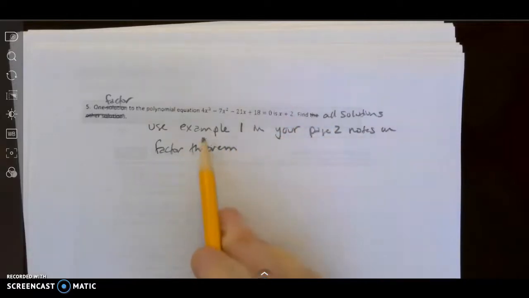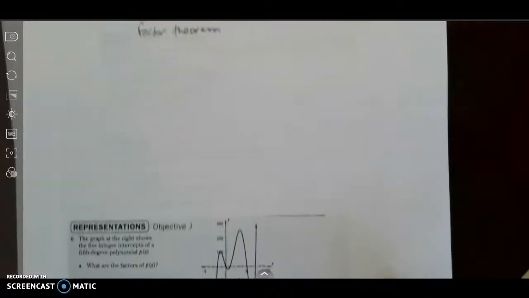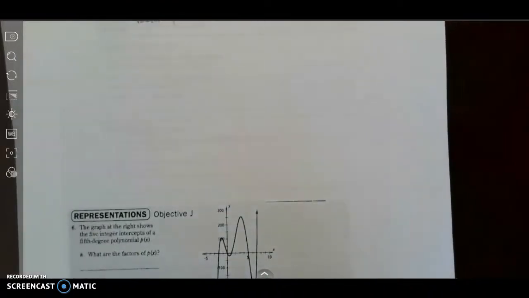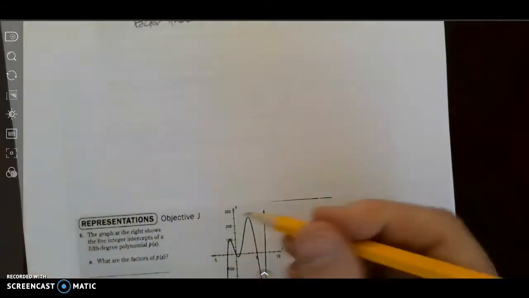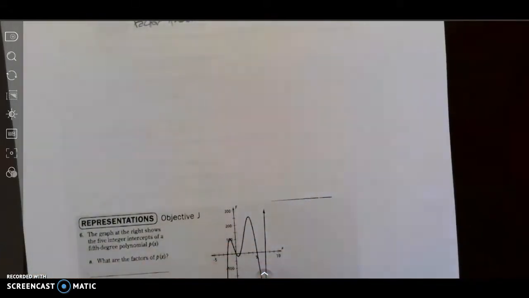So follow along the same way we did example 1 in your page 2 notes on the factor theorem. That's how you're going to want to do that. And for number 6, for part B at least, I think part A will be obvious for you. For part B, you're going to